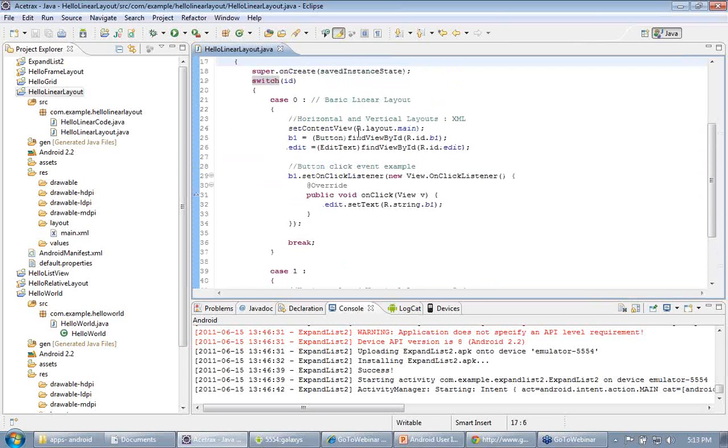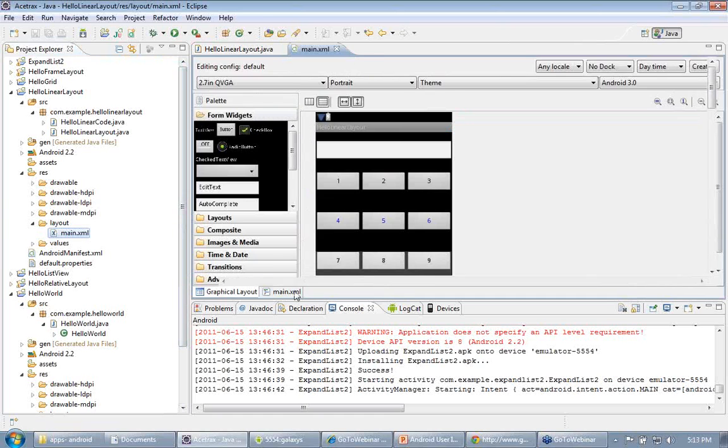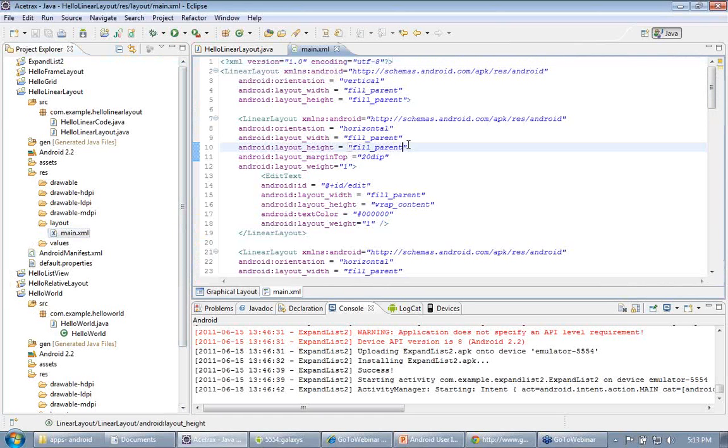If we speak about XML layout, you can see that we have a main.xml file here inside setContentView. We have defined a linear layout, and we have defined an orientation as vertical. What does it mean?